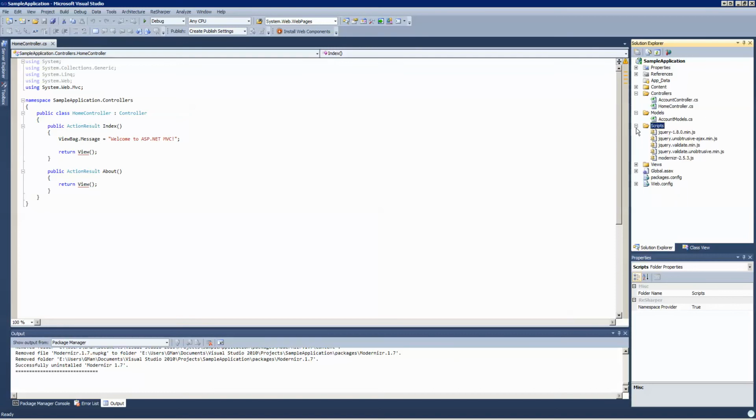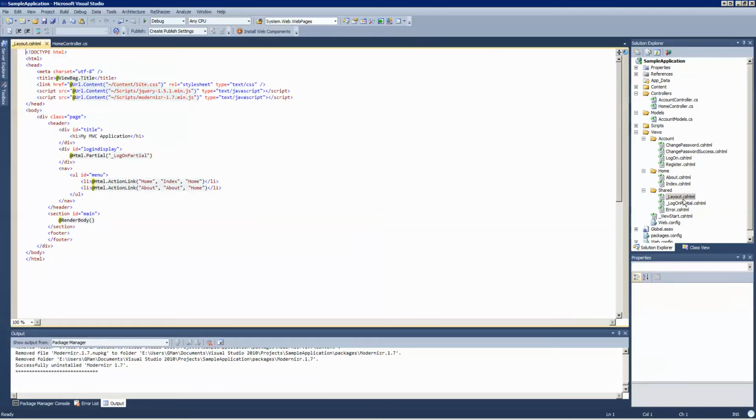I showed you the scripts, and then these are the views. These are what actually, like here's the home page, the about page I showed you, the login, the register, and then change password, which I haven't showed you yet. So these are the front end representations of the site. Layout is the main layout of the application, and